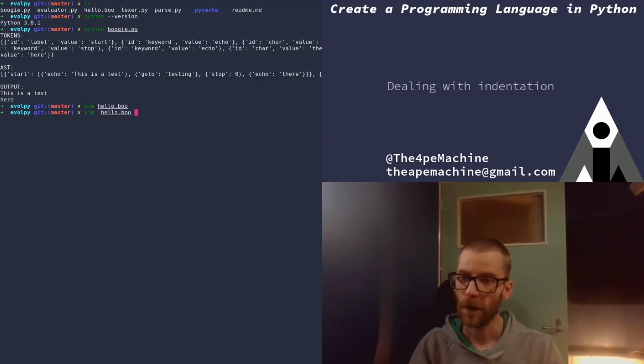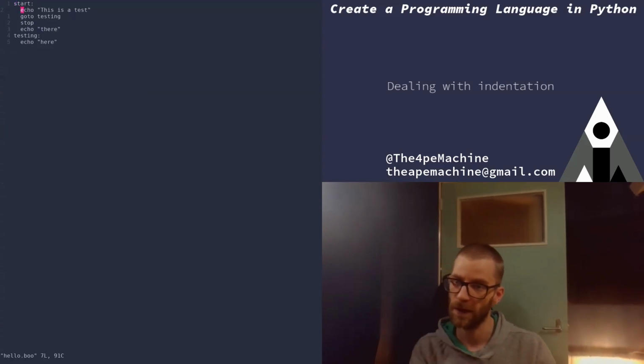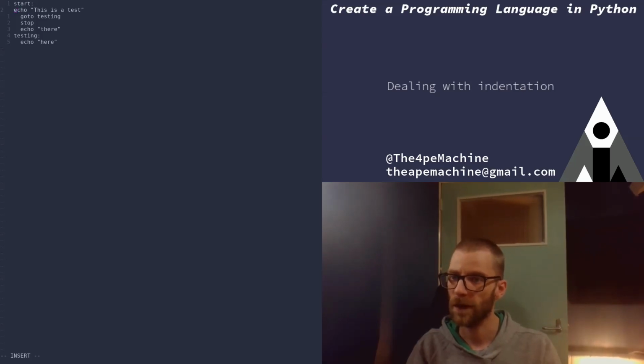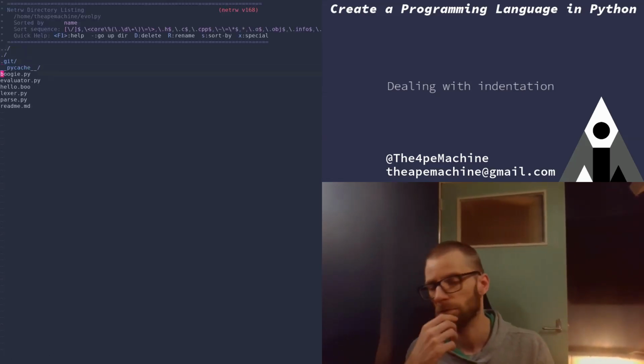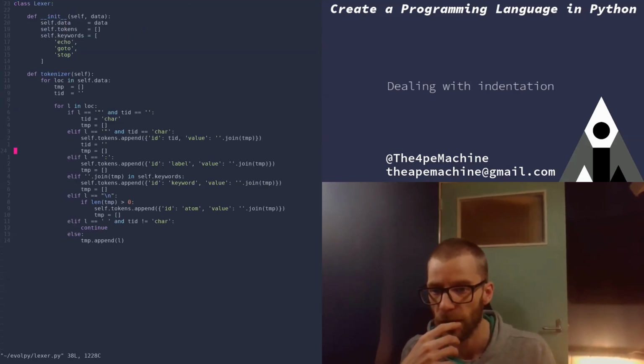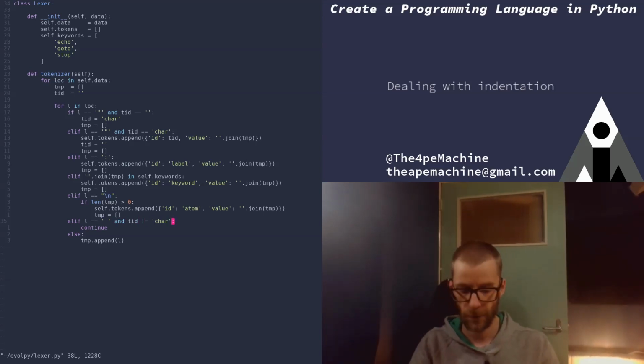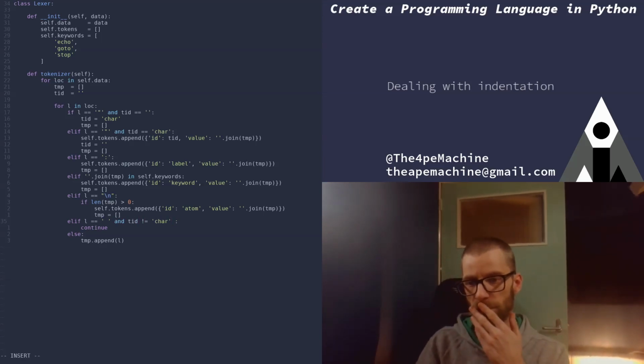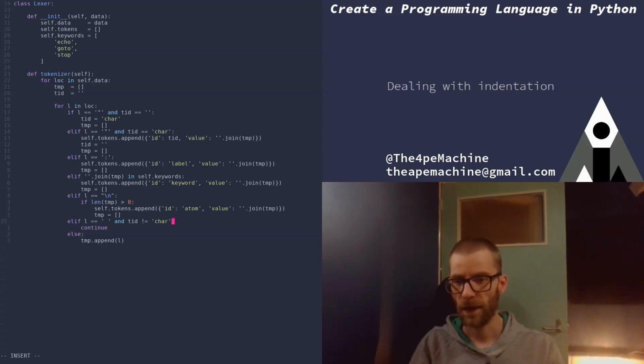Well, really, we're kind of already dealing with indentation, in that we are ignoring it, because there are two spaces of indentation here, and it shouldn't matter. It actually will matter if those were tabs, because I think I am just ignoring spaces somewhere here. Basically, yes. So we could do something like